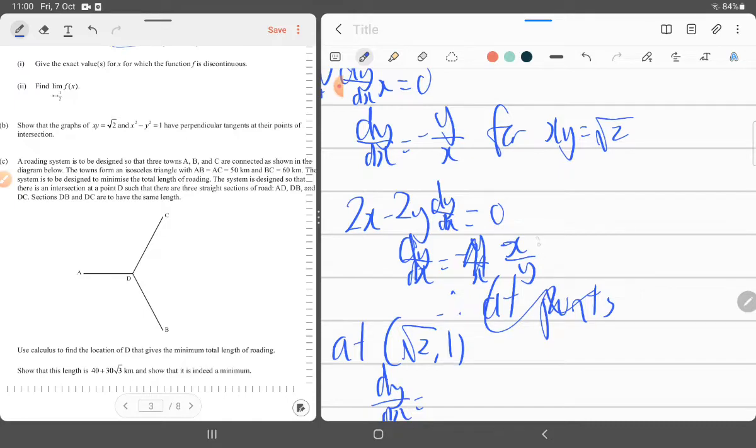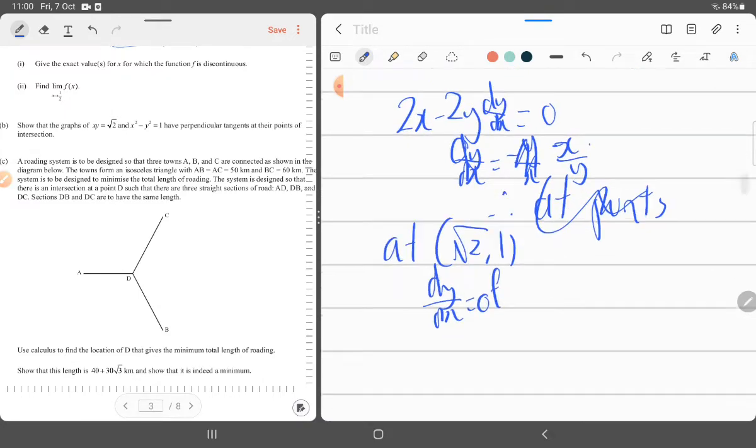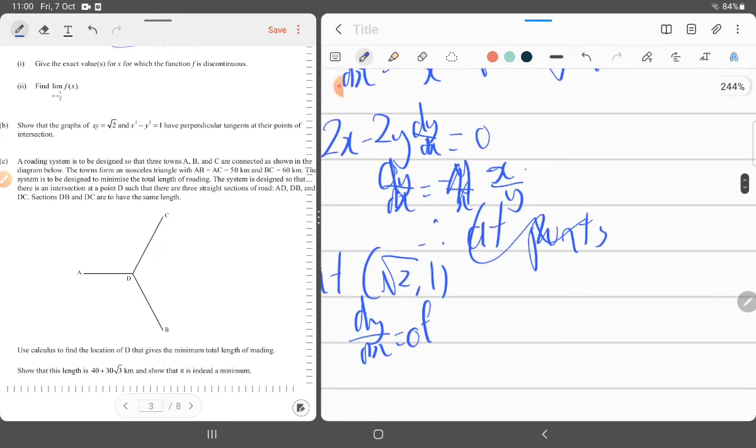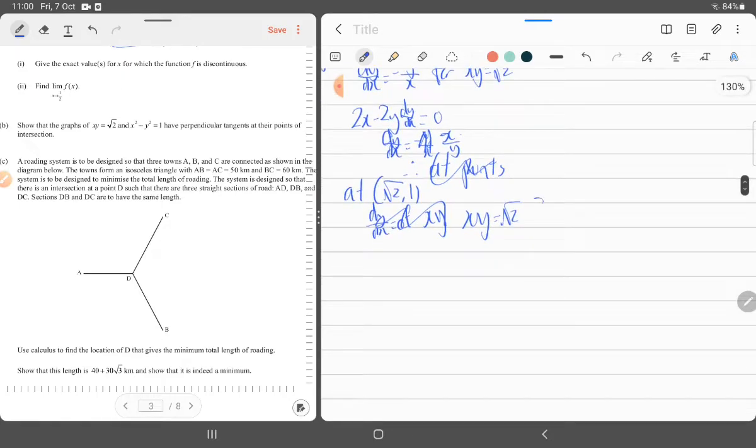Yeah, this is dx of xy equals square root of 2, of dy over dx at square root 2, 1 is equal to